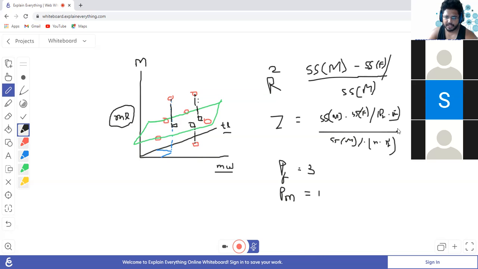So you see the numerator now is divided by 2. In the previous example, it was divided by 1. Here it is divided by 2. That means the Z value will be a little less here, right? So the more parameters we keep adding to our model, our Z value keeps on decreasing. And that means what? That is very good according to the belief we have.